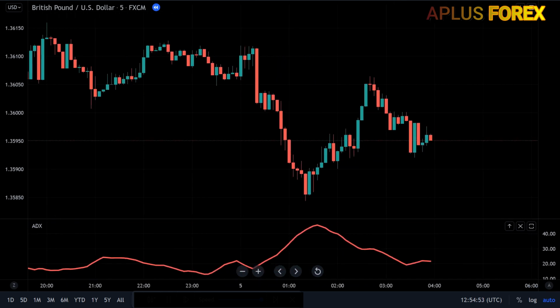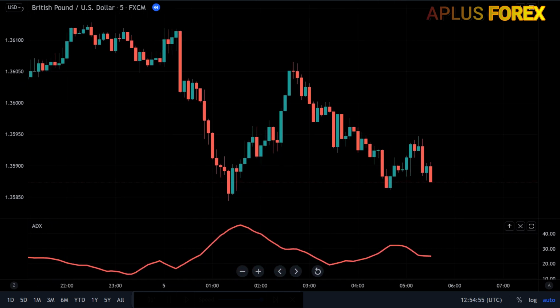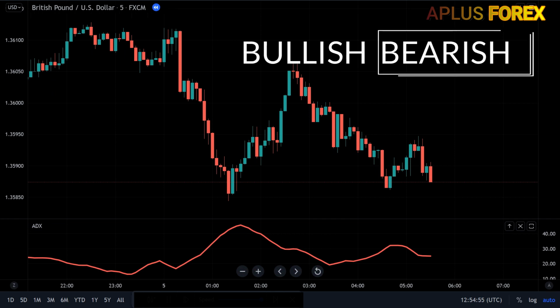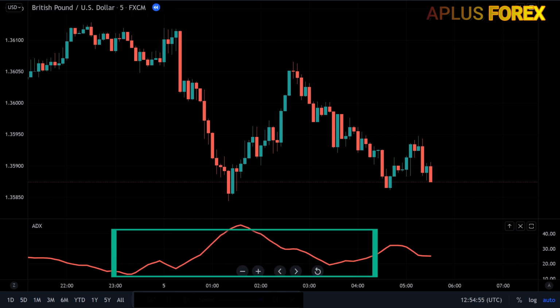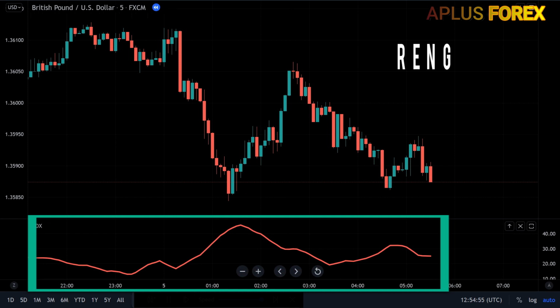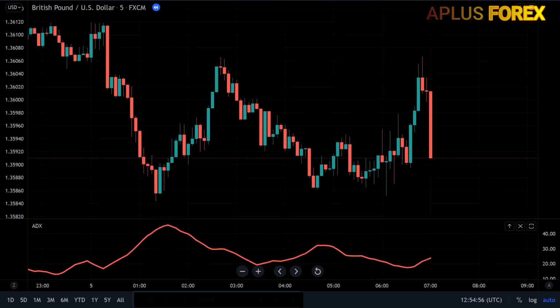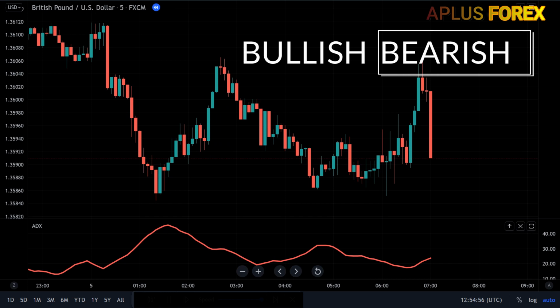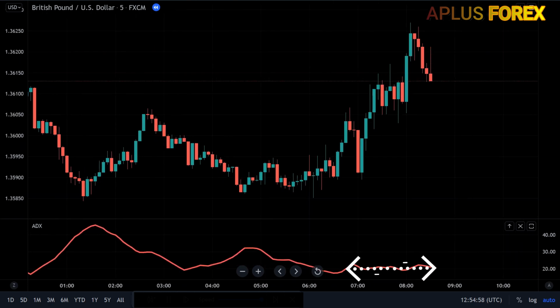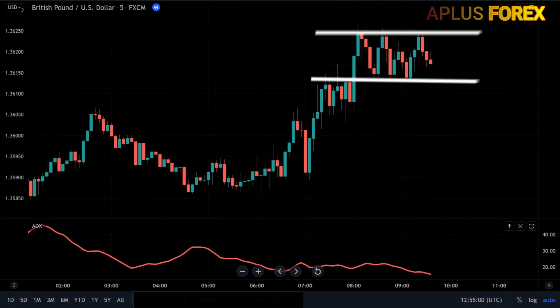The ADX must be studied and interpreted with extreme caution. The key point to keep in mind is that it does not function as a bullish or bearish indicator. The moving average of the ADX simply indicates the strength of the trend. We can take an example on the chart below. When the ADX indicator is high, the trend is very strong, whether bearish or bullish. When the ADX is low, the market is somehow ranging or moving slowly as observed.